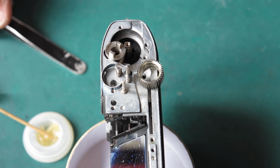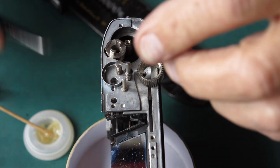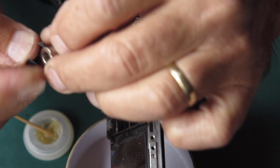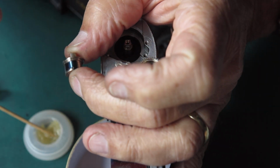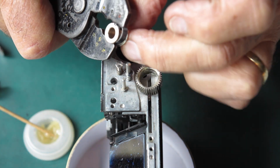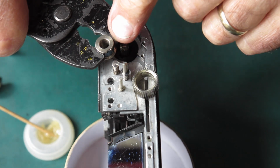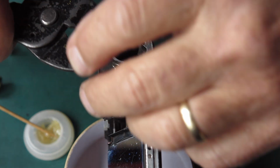I'll just get the appropriate tool and we'll get this clutch assembled. This is what I'll be using. So we want the centre of the clutch, and the spring sits on there. The little tab of the spring drops into that slot, and we want to compress this spring. I find that using this tool, hooking it over the top and then rotating that with my fingers pulls that spring into place, and it's all held there. Now I can slide this over the top